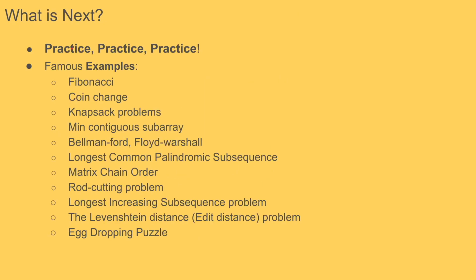In order to be able to solve dynamic programming problems, you have to practice, practice, and practice. You basically need to have seen a lot of famous examples and be able to solve some famous problems that I can name off. Some of them we see in this lecture: Fibonacci, coin change, knapsack, minimum contiguous subarray,